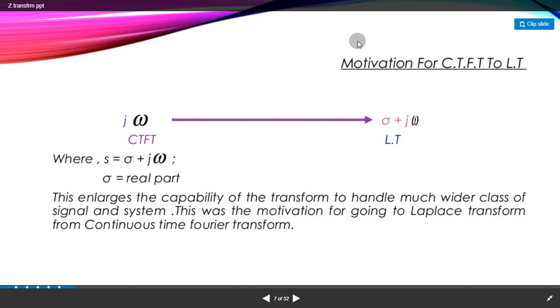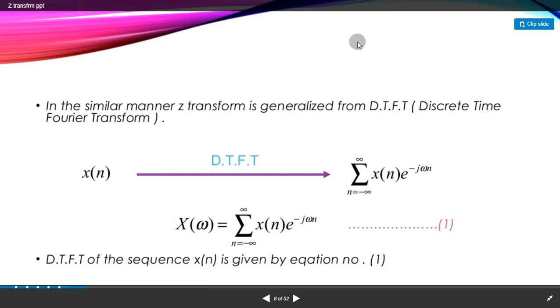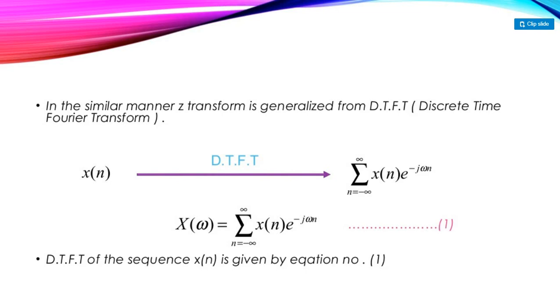Okay, so let's proceed. Now the similarities and dissimilarities between the continuous time and Laplace transform are very important to understand here. When we are using a discrete time Fourier transform, we use this two-sided formula, the summation from minus infinity to plus infinity of x of n e to the power minus j omega n, where this double-sided Z transform is provided as the frequency domain analysis of that specific signal.